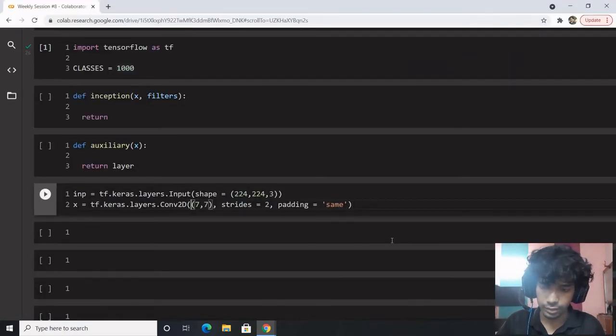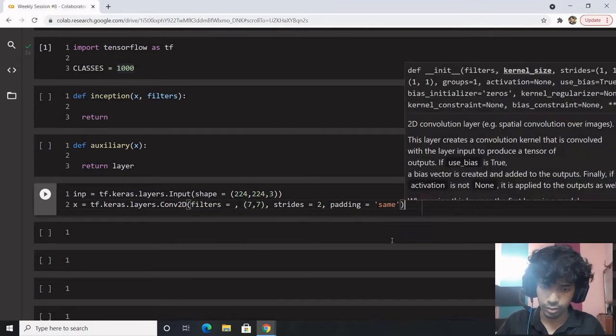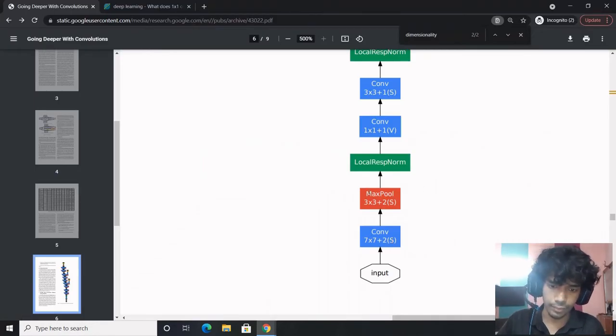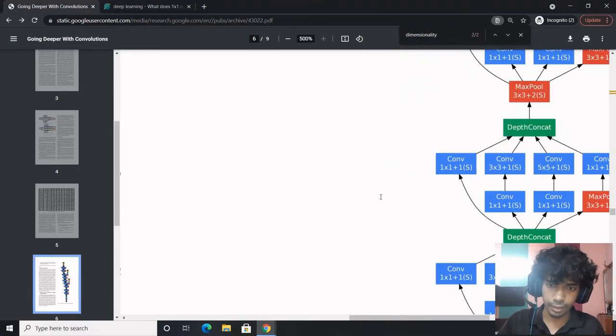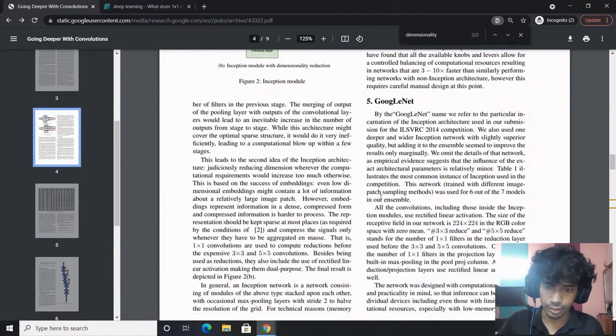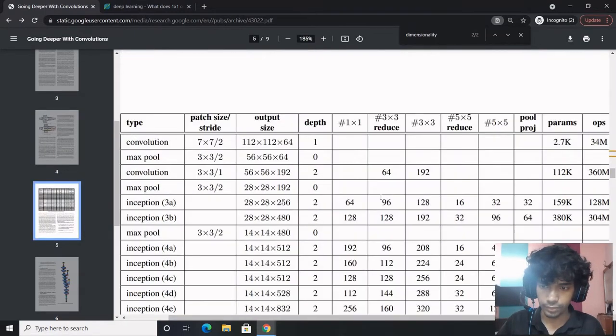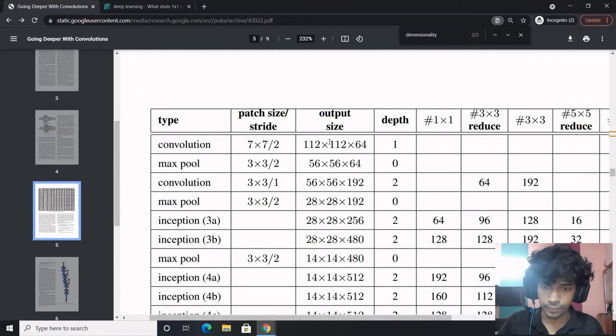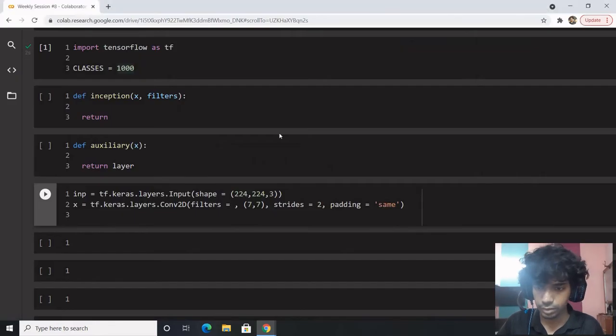Till now filters is unknown, let it be. Next we move on to max pool. I think this part is also in the paper. Yep, here it is: convolution 7x7, stride 2, number of filters 64.